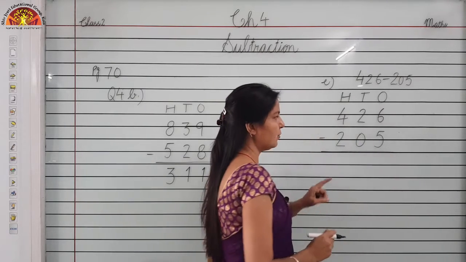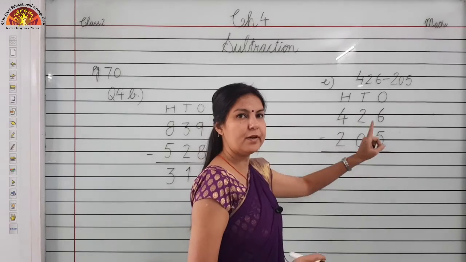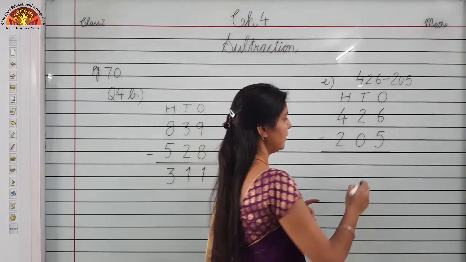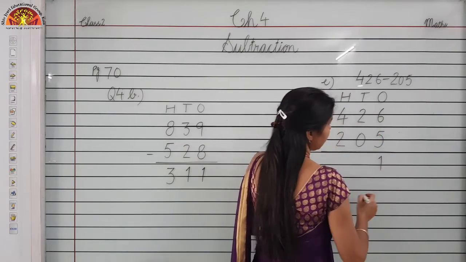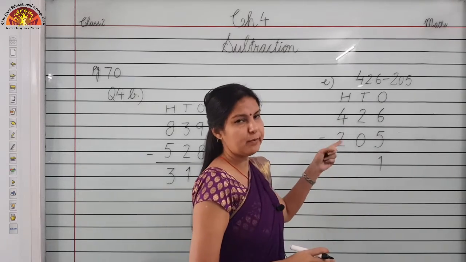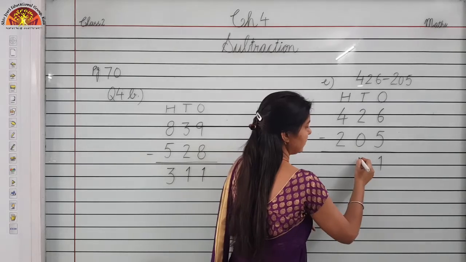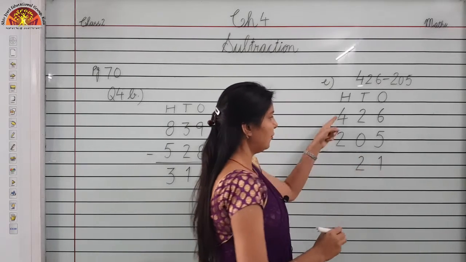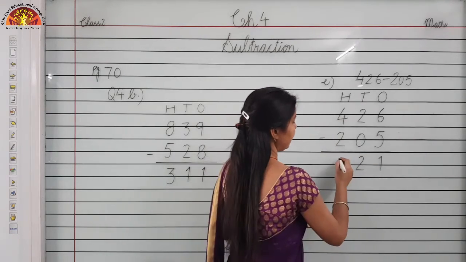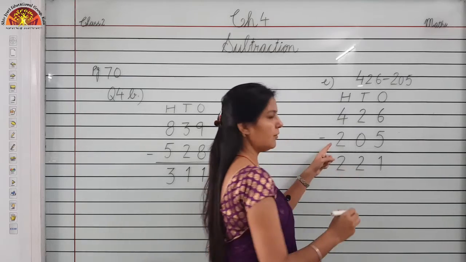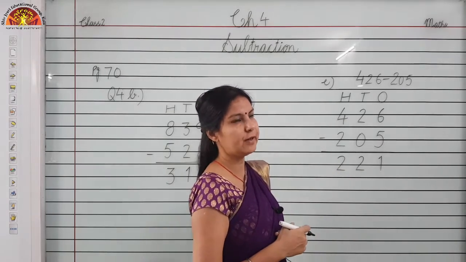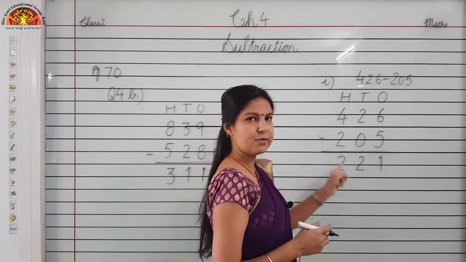Now we will start counting after 5 and we will stop where 6 is coming in our finger. It will be 1. When we subtract 0 from any number, then we will get the same number. So we will write here 2 as it is. And 4 minus 2 is equal to 2. We will start counting after 2 and we will stop where 4 is coming in our finger. So this is the difference of these two numbers.